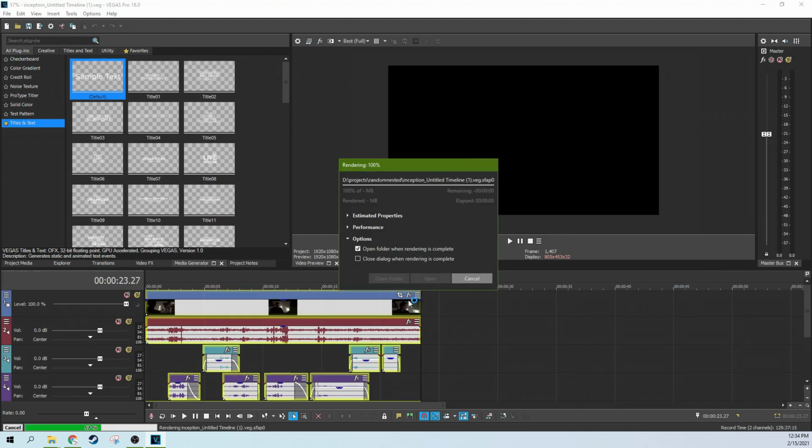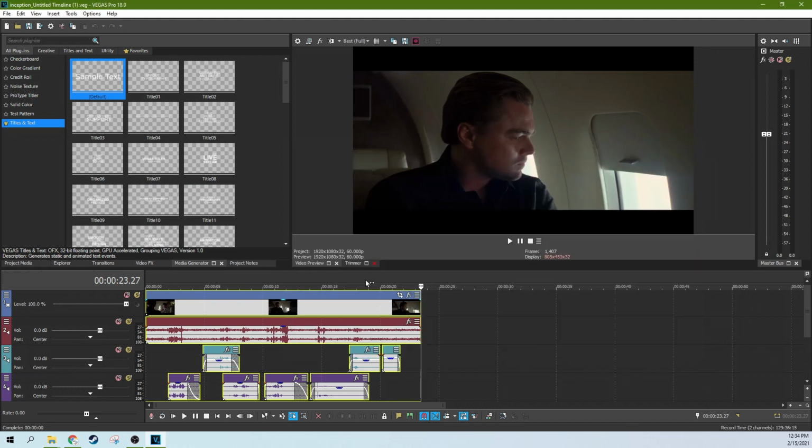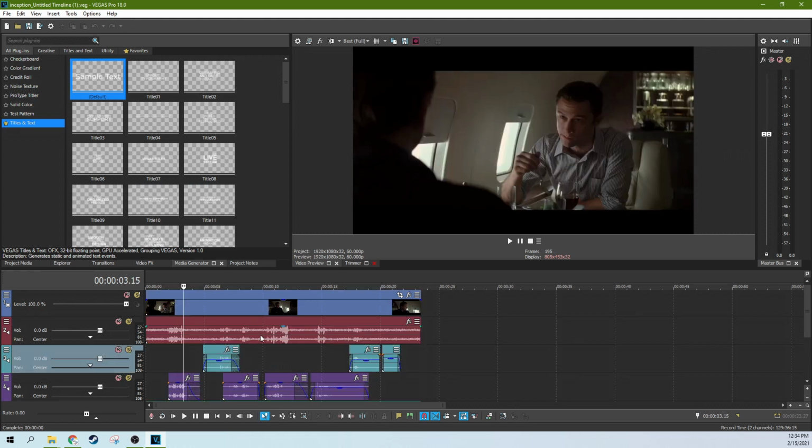And it's going to import that, export that, and it's going to save a little kind of mini timeline Vegas file in your project folder, wherever you've got your projects, and just leave that alone, let that be, but you just need to know where that is. So then we can come over here, and if we watch it,